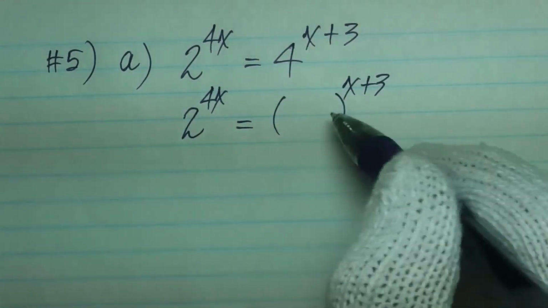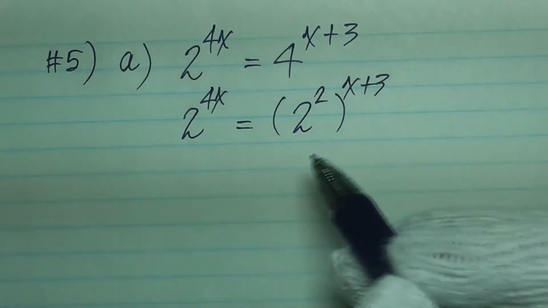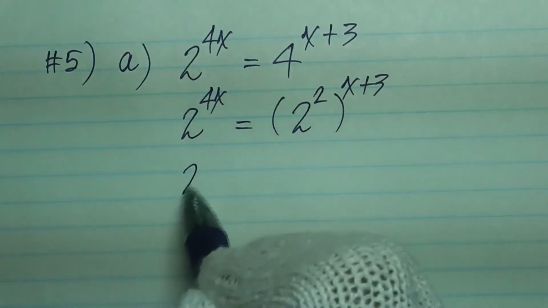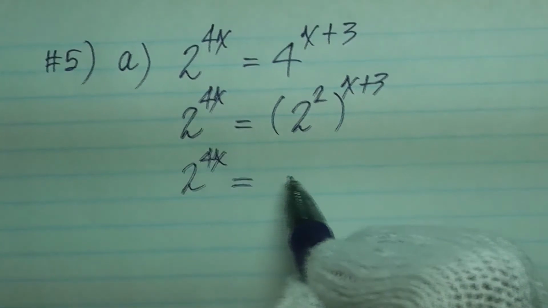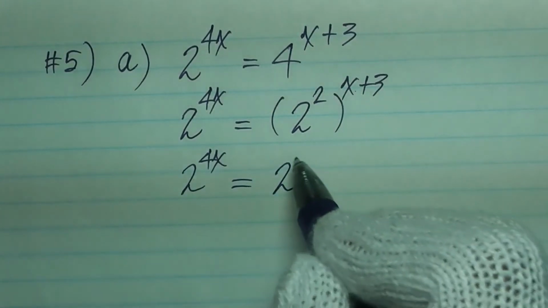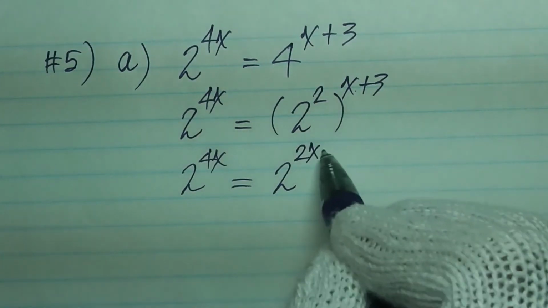And instead of 4, I've got 2 squared. So this 2 squared came from there. Two to the 4x equals 2 times x, 2 times 3,